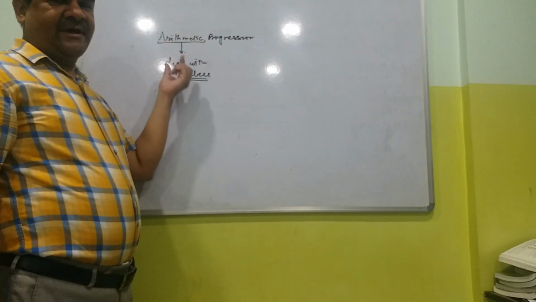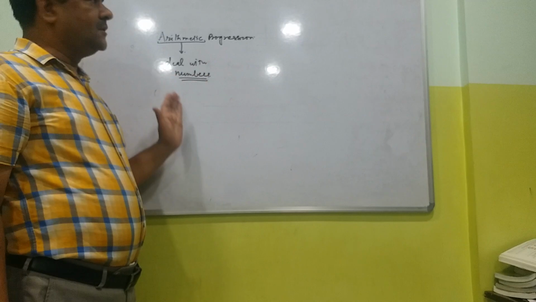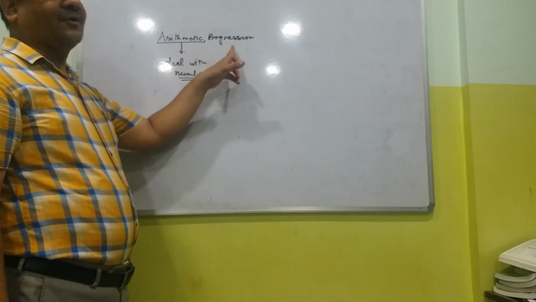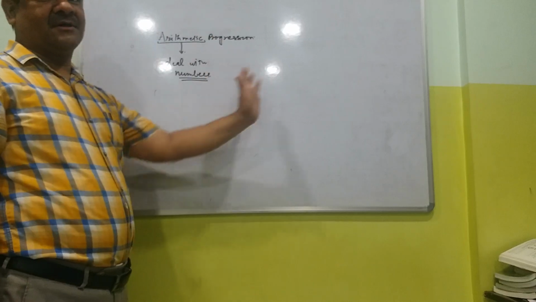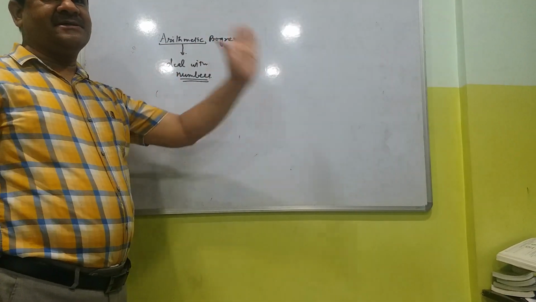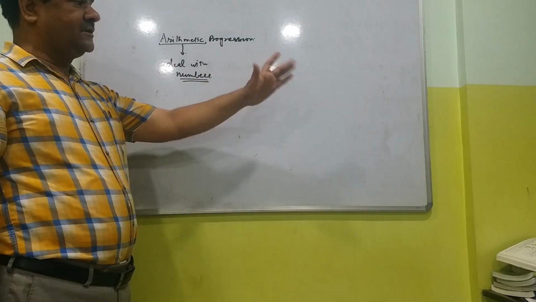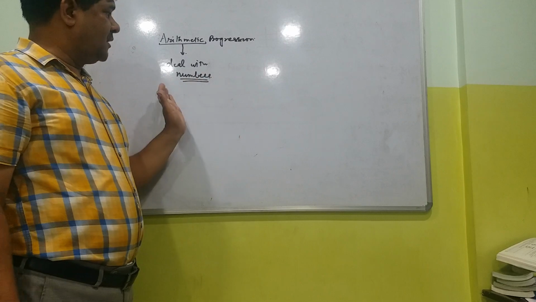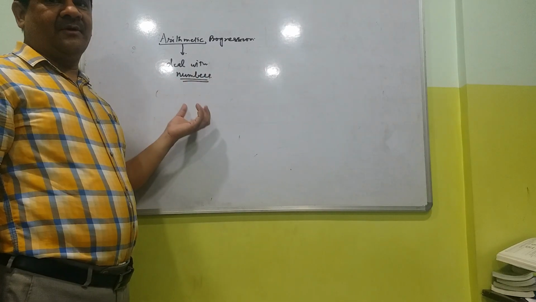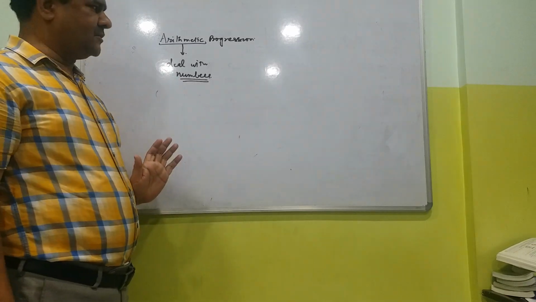So we will study a certain list of numbers. That is why it is written like this: arithmetic progression. ठीक है, प्रोग्रेस करना, लिस्ट ऑफ नंबर्स का प्रोग्रेस करना, कैसे कैसे बढ़ते हैं. How can you calculate any term in the given sequence of numbers, and how we can calculate the sum of all the terms given in any list of numbers.